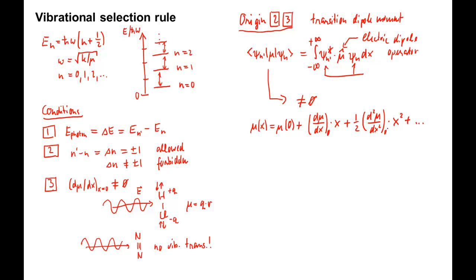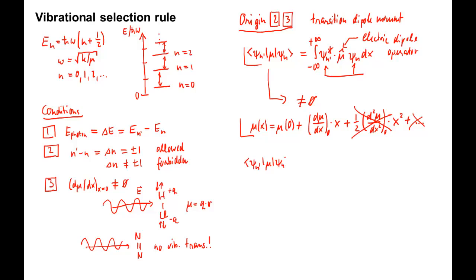Since we are restricting ourselves to small displacements as usual with the harmonic oscillator, we can drop the quadratic and the higher order terms. Now, inserting this expression into the transition moment expression, we get